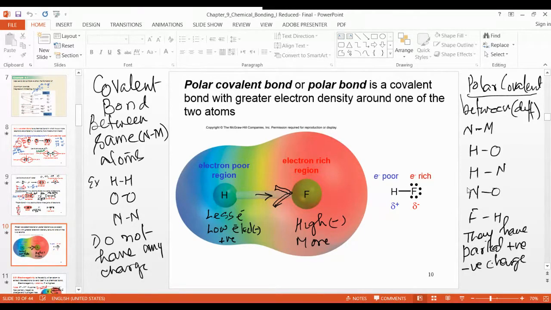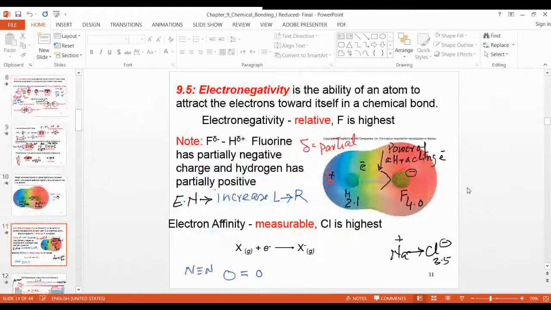Permanent, you always have the charge on the ionic compound, plus and minus, because it is completely lost, completely gained, but this is temporary. Okay, so these all are non-metals but different atoms: hydrogen oxygen, hydrogen fluorine, hydrogen nitrogen, nitrogen oxygen, oxygen chlorine, like this, different non-metals.